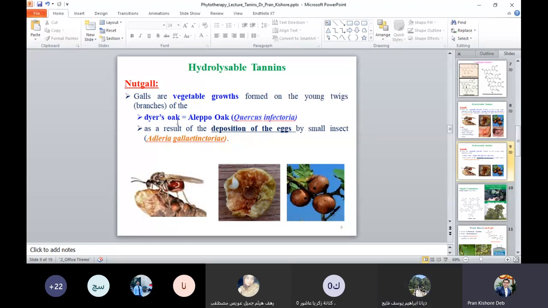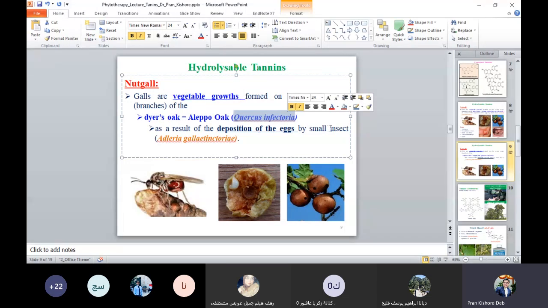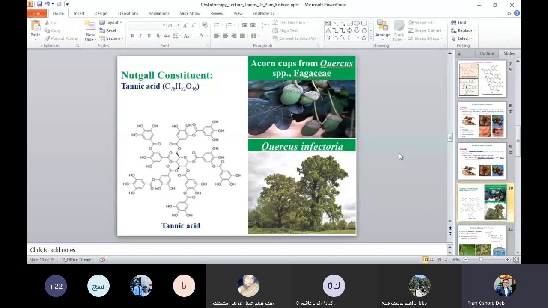So you see now I separate the facts for you to remember and understand properly. There are two names, and one is Quercus infectoria, which is the name of the plant. The vegetable growth happens in the young twigs, meaning the young branches of the plant known as Quercus infectoria. How? Because of the deposition of eggs by the insect. What is the scientific name of the insect? That is Adleria gallae-tinctoriae. Is it clear right now? No doubt. So remember this. So this plant contains,